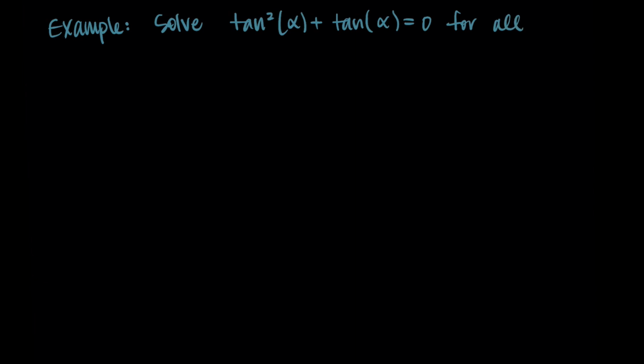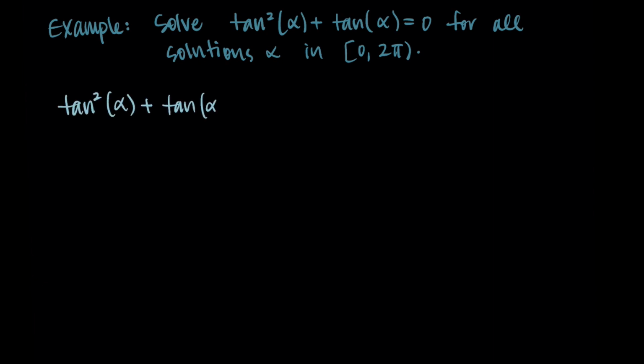All right, let's try another example. We're going to solve tangent squared of alpha plus tangent alpha equals 0 for all solutions alpha in the interval from 0 to 2 pi. So we're starting with this tangent squared of alpha plus tangent alpha equals 0, and right away it might help